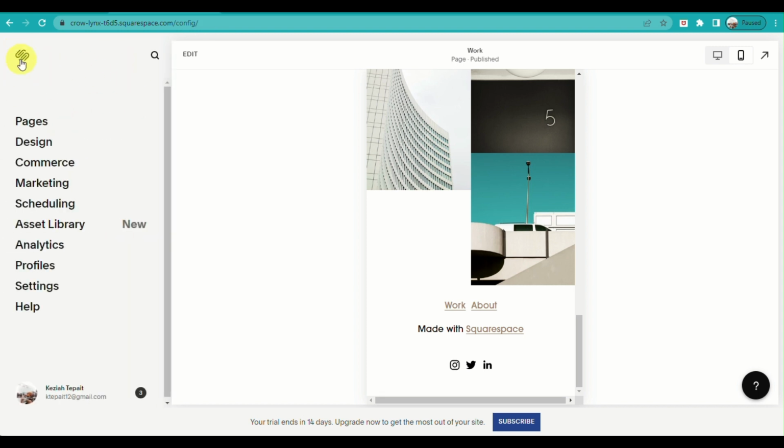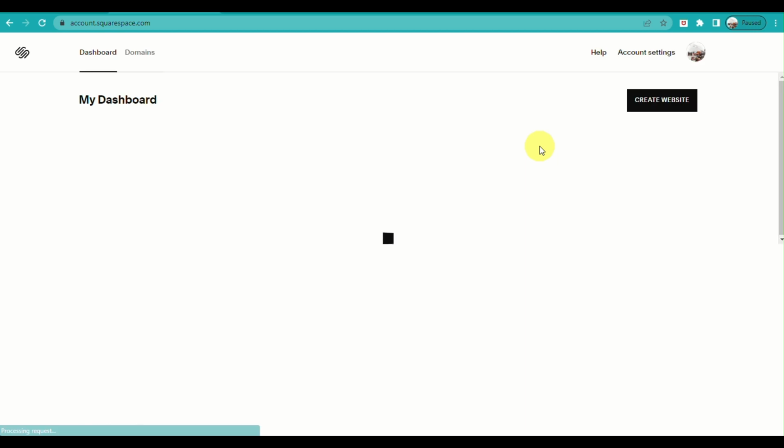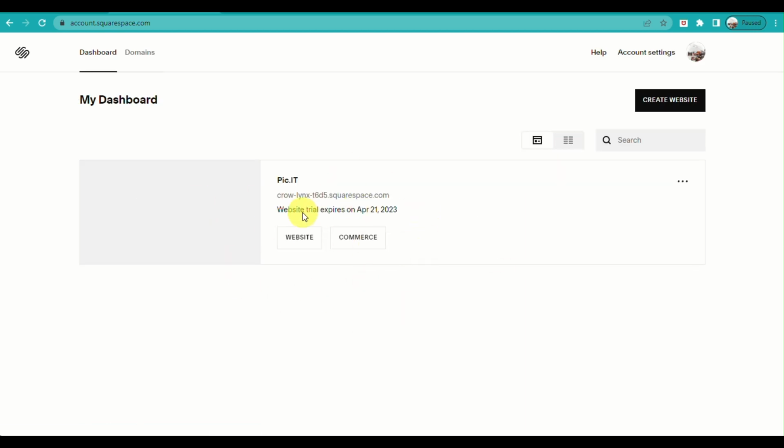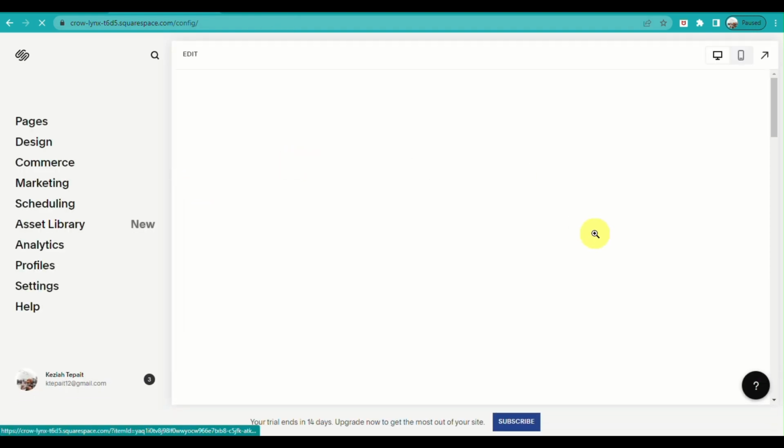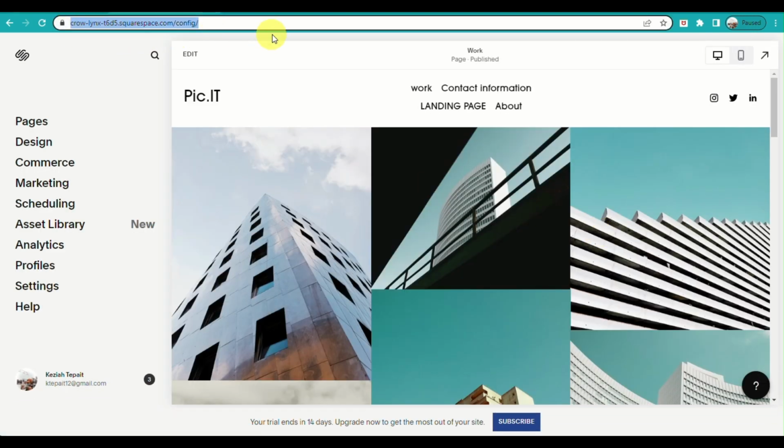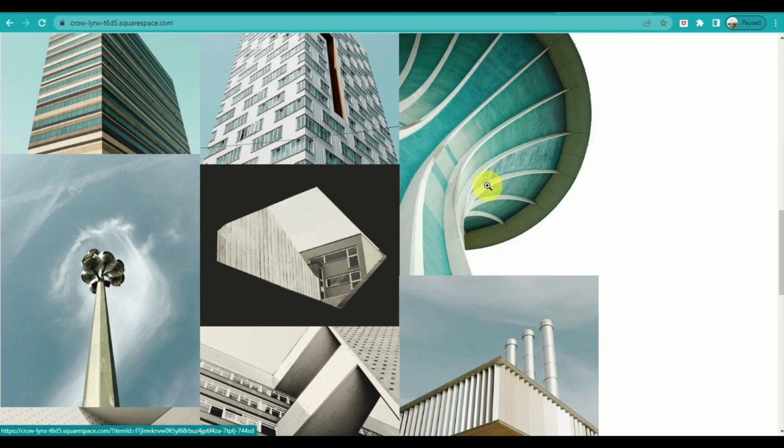So once done, you can just go back to your account dashboard, and then here you will be able to see that you already have created your own website. And what's a good thing about Squarespace here, they actually automatically publish your website into the account. And that's it. That's how you will be creating your own landing page using